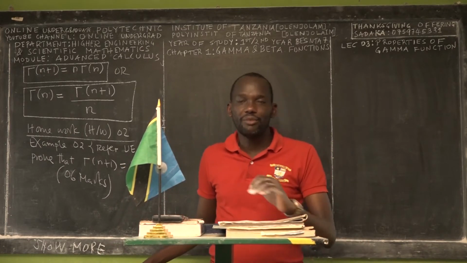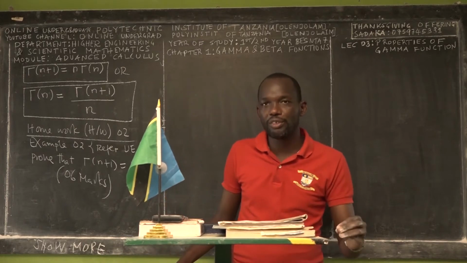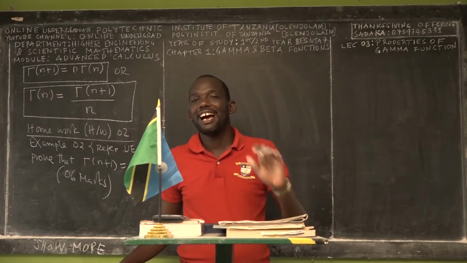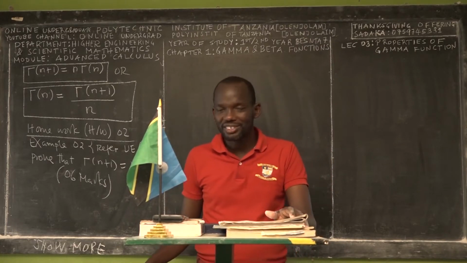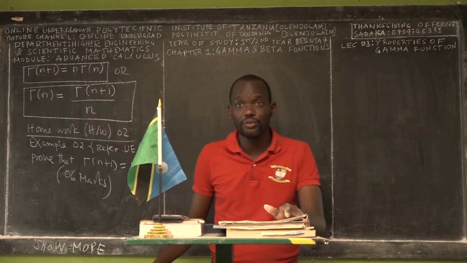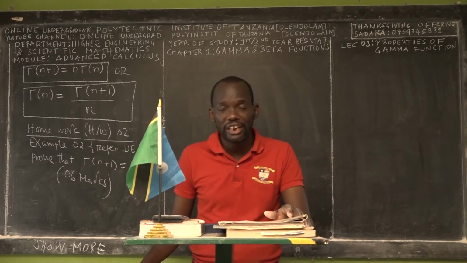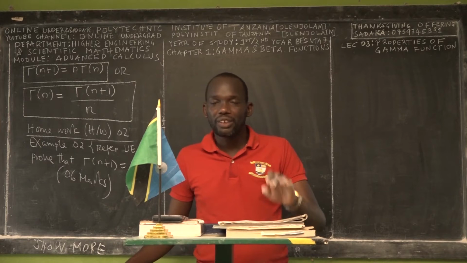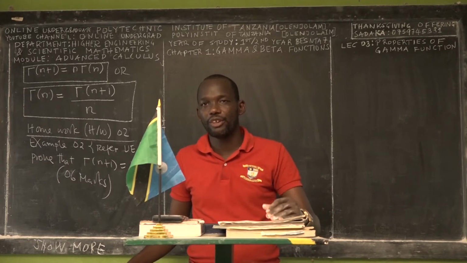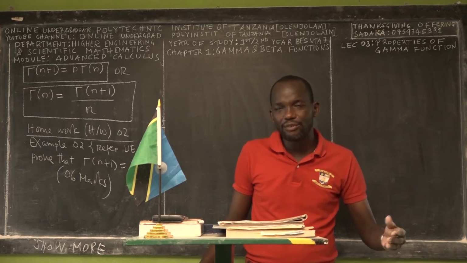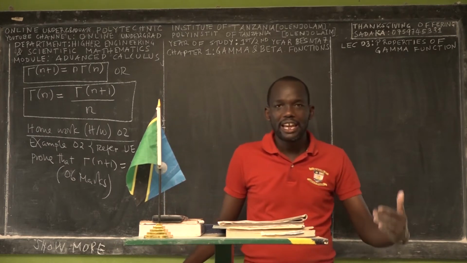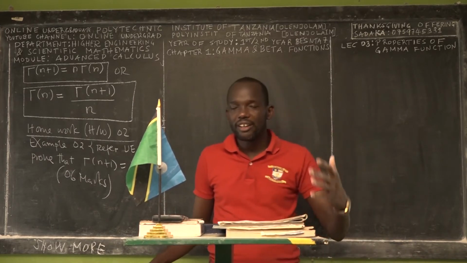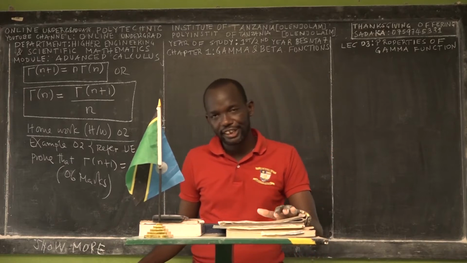What is the vision we have? The book of Proverbs, chapter 29, verse 18, says that where there is no vision, people perish. So if we don't have a vision in Online Undergraduate Polytechnic Institute of Tanzania, we are going to perish. We are not ready for that. So I would like to declare this vision in the minds of our students, so that they join us and be active, and we fight together until we achieve it. So what is the vision of Online Undergraduate Polytechnic Institute of Tanzania?